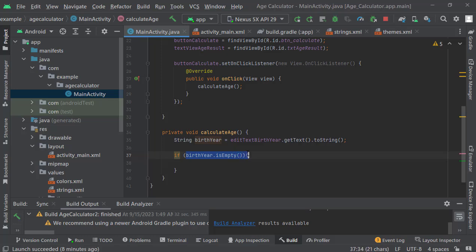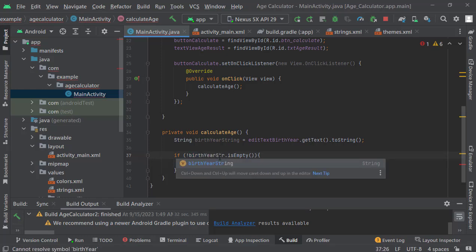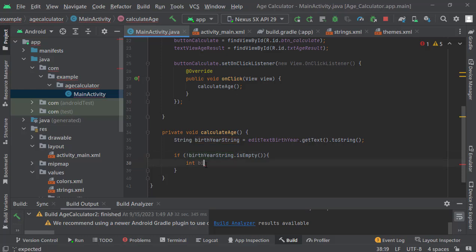We want the app to set an integer of bet year. Now this one, let me name it bet year string. This is bet year string. Why? This is the bet year that the user is going to enter. So we'll now say bet year as a variable. The bet year as a variable is equal to